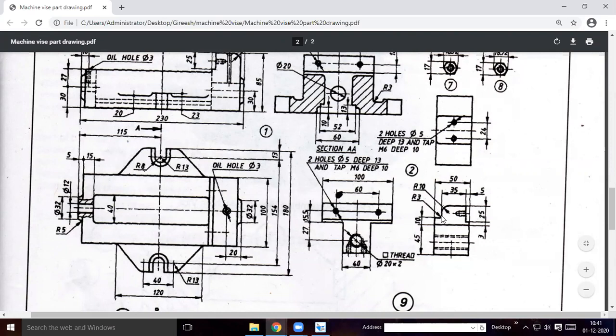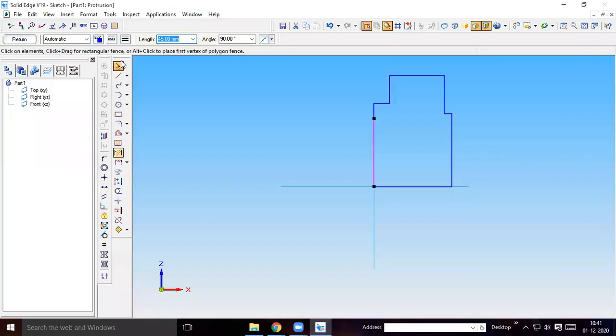Here, in between these two edges, you have a radius: a fillet of 3 mm radius. In between these two edges, a fillet of 10 mm radius that you have to provide. So here you see 10 mm at 90, then 45 at 90, 10 mm at 90, 10 mm at 0, 18 mm at 90, then 35 mm at 0, then 25 mm at minus 90, then 5 mm at 0, this 3 mm at minus 90, then 45 mm at minus 90, then this will be 50.